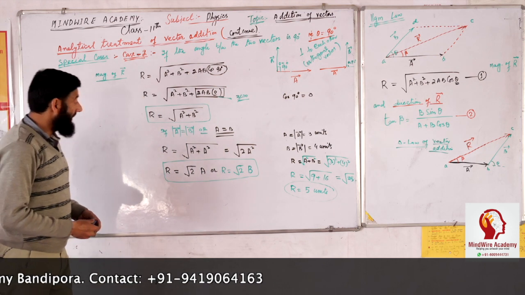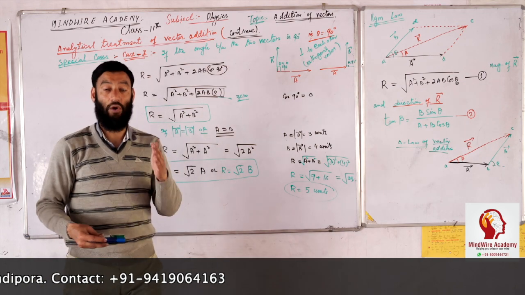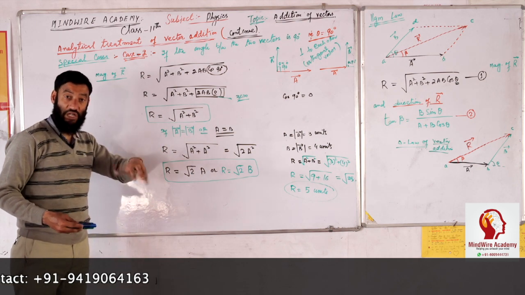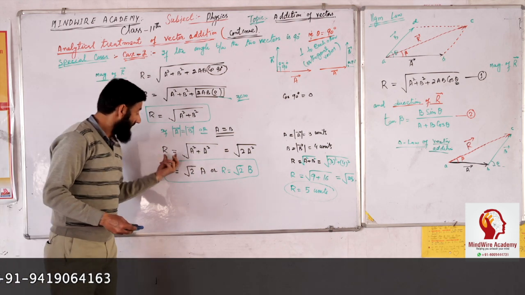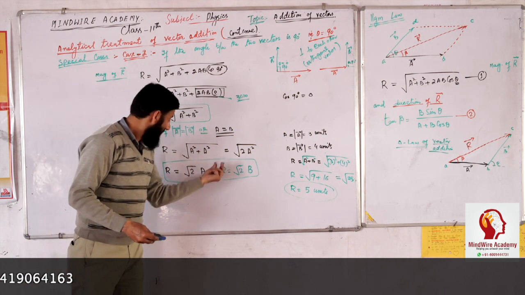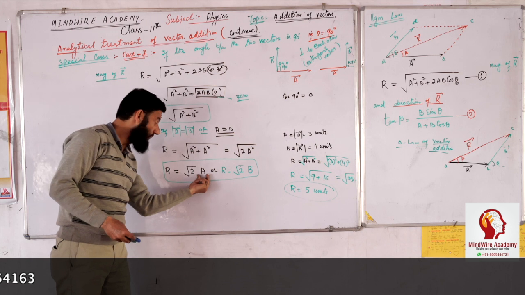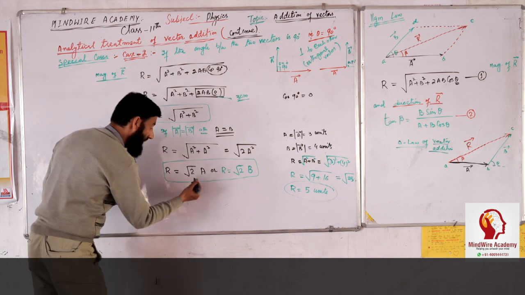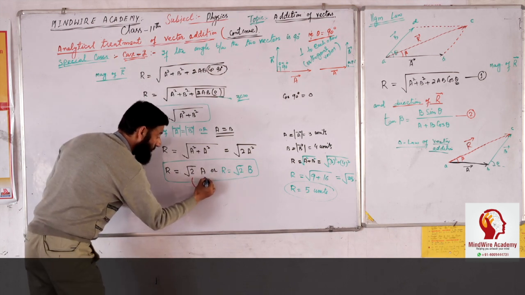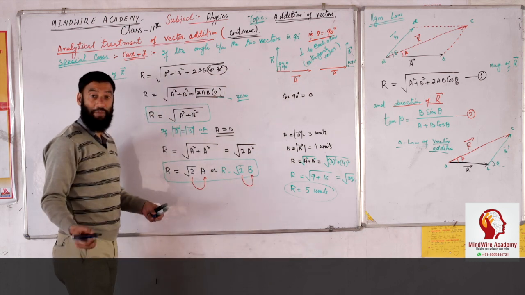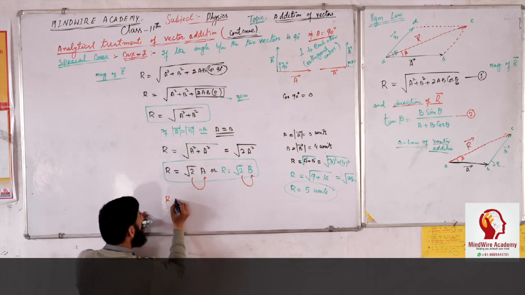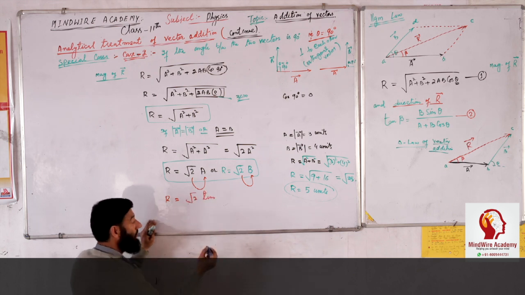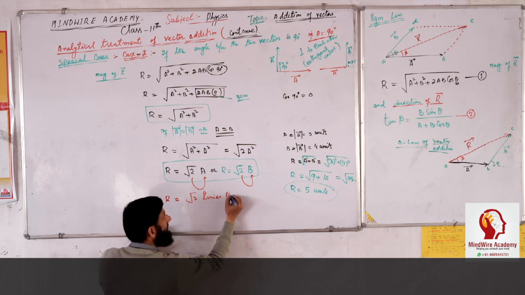So the magnitude of the resultant of two orthogonal or perpendicular vectors whose magnitudes are also the same as each other will be equal to root 2 times the magnitude of the first vector a, or root 2 times the magnitude of the second vector, sorry, b. So root 2 times the magnitude of a, or root 2 times the magnitude of b. So I can write it as R will be equal to root 2 times, as you know that root 2 is equal to 1.414, root 2 times the